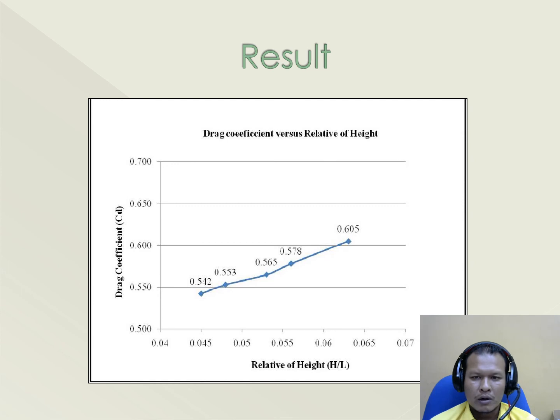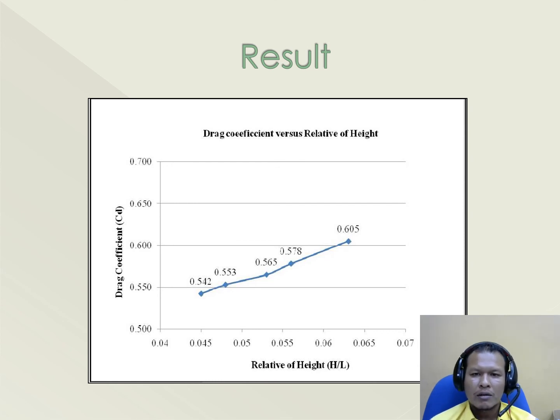For the model with ground clearance of 100 millimeter, the drag coefficient is 0.542. However, when the ground clearance is increased to 180 millimeter, or the last one, 280 millimeter, the drag coefficient value increased to 0.605.